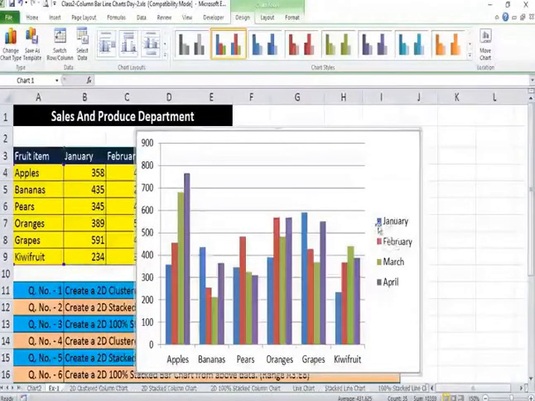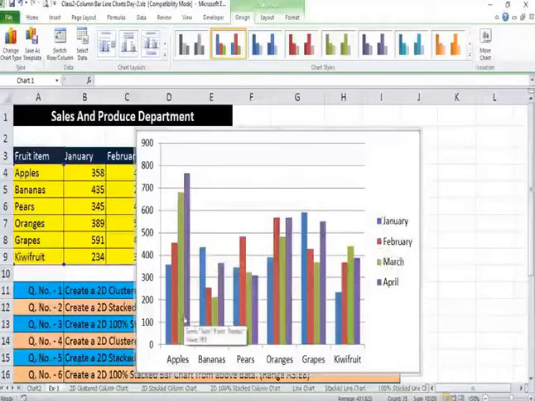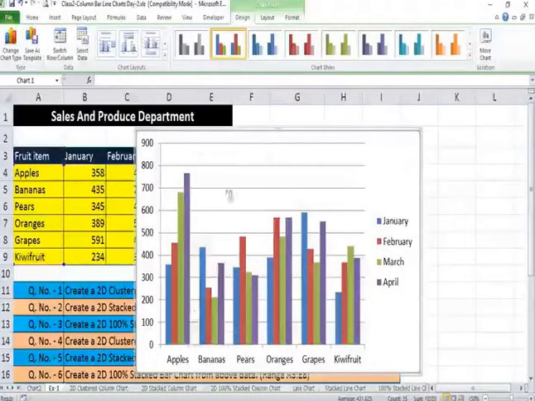For January, this blue color column is there, and for February, this brick red color column is there. So these colors indicate for which month these data are there. Now, when your chart is ready, you will find a chart tools